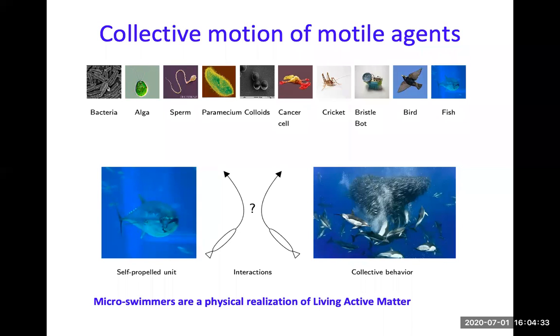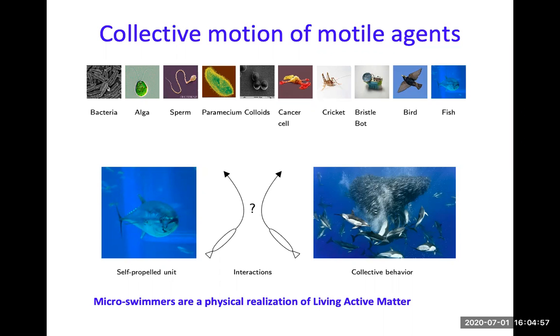So each one of these units moves in its main kind of motion mode. For example, you have a self-propelled unit. It interacts with neighbors, right? And this interaction will depend on the type of agent, the medium, the shape, and so on. And then you get collective motion. So there is a lot of this work that is being touted as living active matter, right? So active matter, a lot of it is under this umbrella.